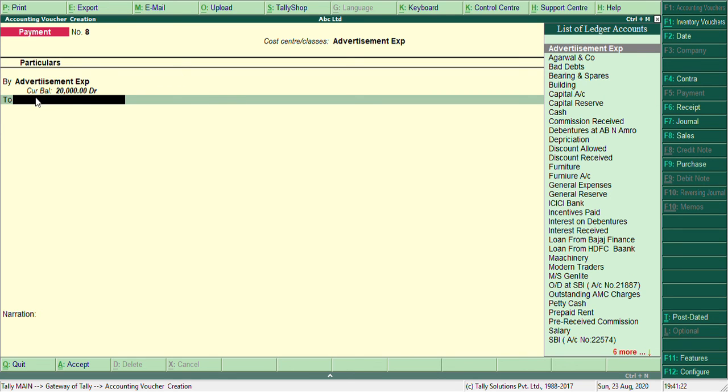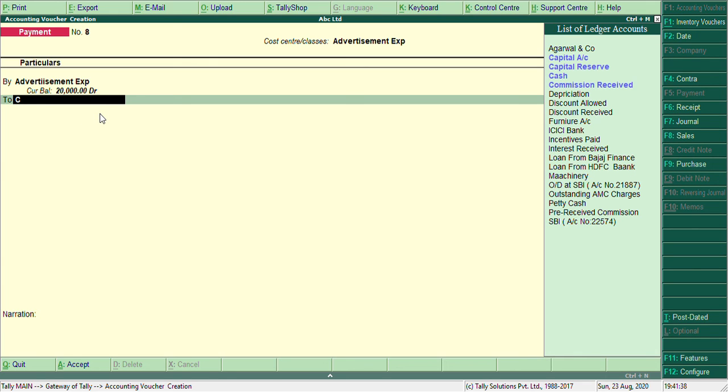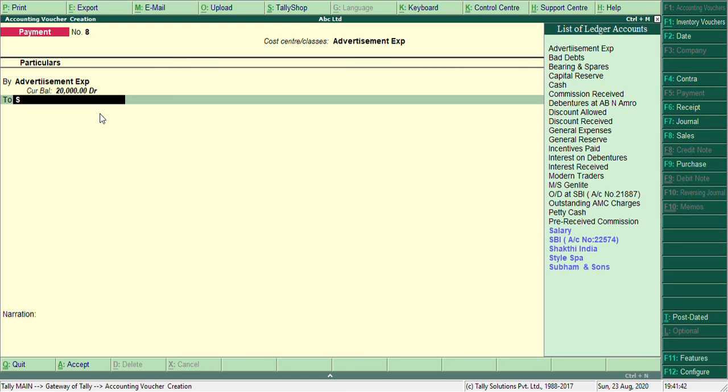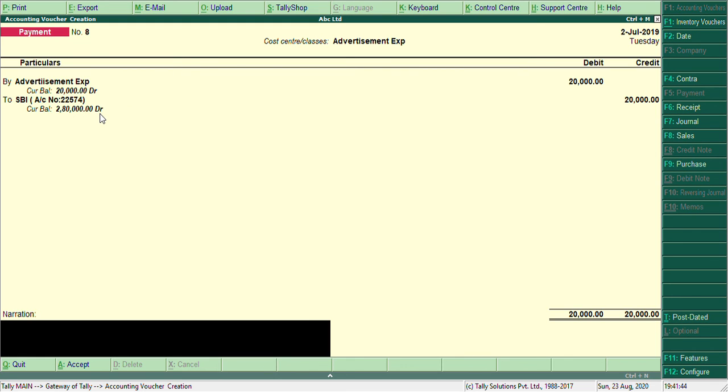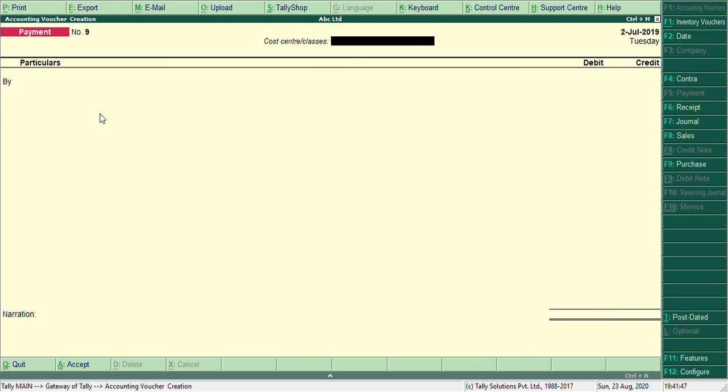Now here you will not be asked for the allocation of any expenses because it has been previously pre-allocated. We are using that feature, so you will not be asked in entry mode. You just have to pass the journal entry, and it is paid by cheque. Accept. Write the narrative. Accept.